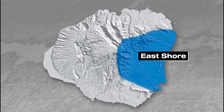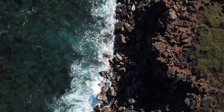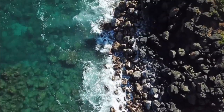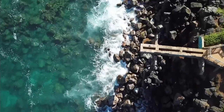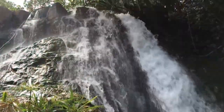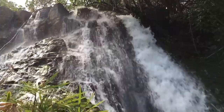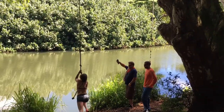Kauai's East Shore. Kauai's East Shore is part of the windward side of the island. This means that trade winds regularly make things breezy in this area, at least in the afternoon hours, bringing tropical rain with it most nights. There's always a chance of rain, but most showers are light and brief, just enough to keep things looking green